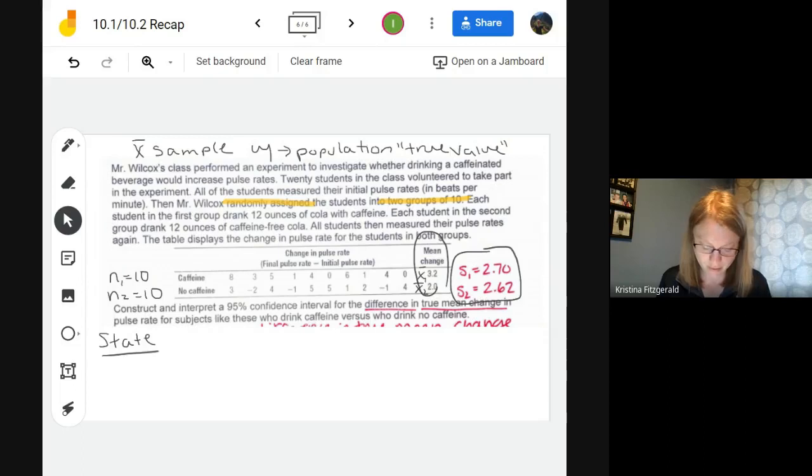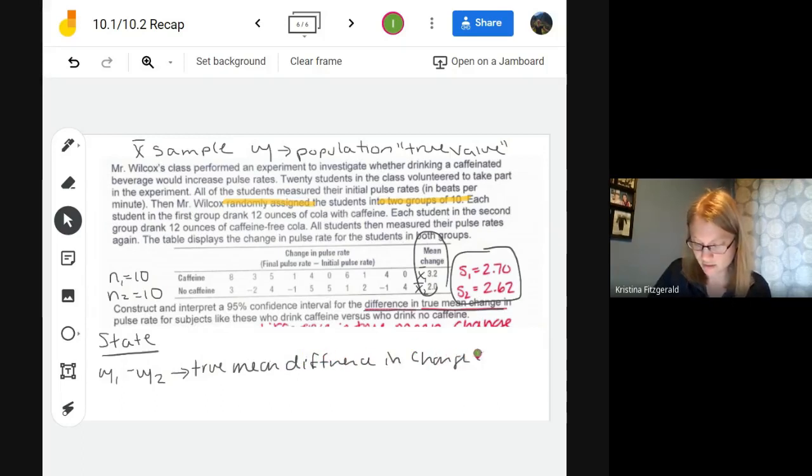So for this one, we're hoping group 1 minus group 2, the average pulse rates between the two groups. What I like to do is steal the words from the question. So this is the true difference. Copy the question: true mean difference in change of pulse rates